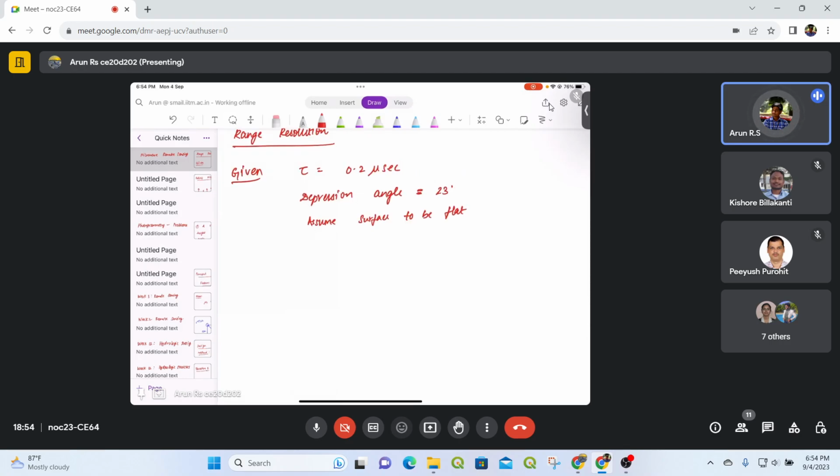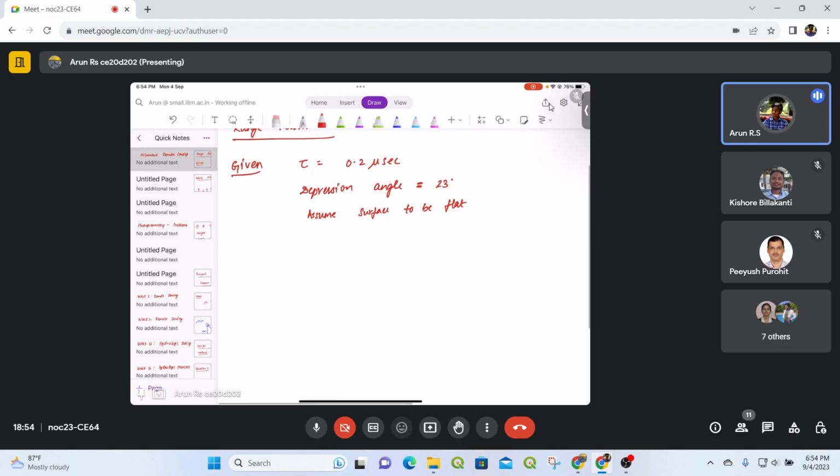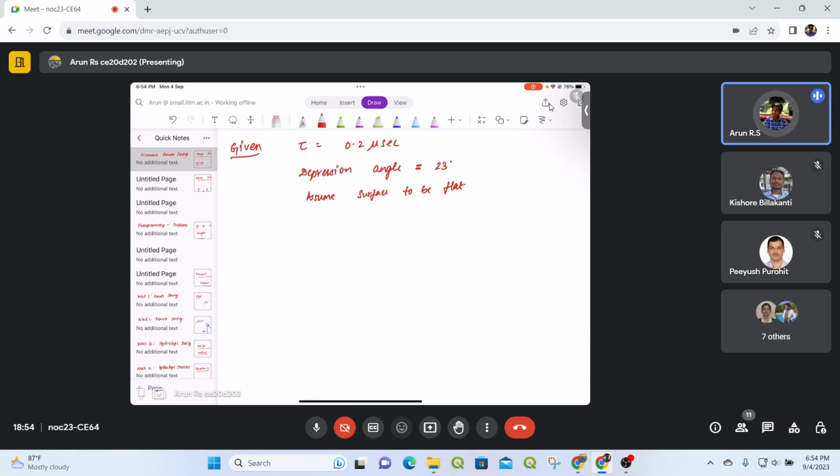So in this question, your time is given, depression angle is given, and assume the surface to be flat. So your ground range resolution will be